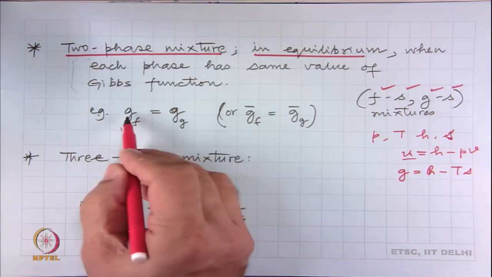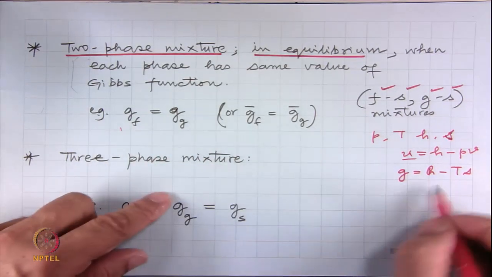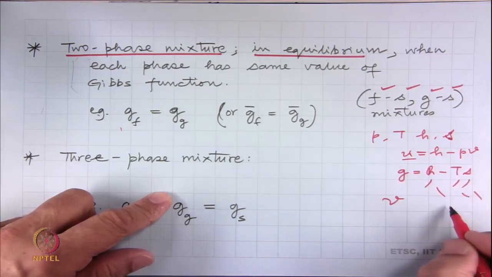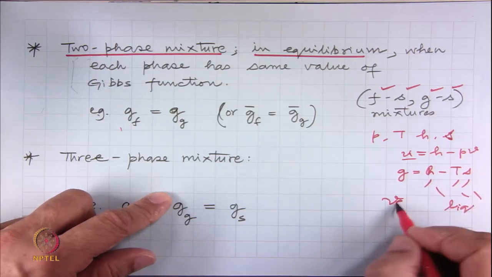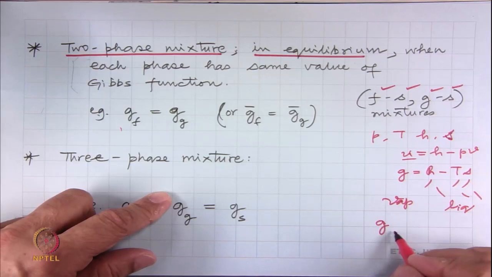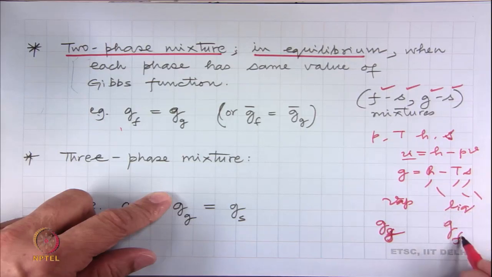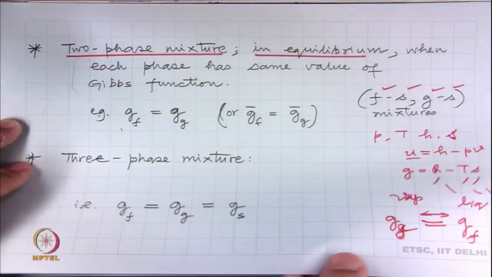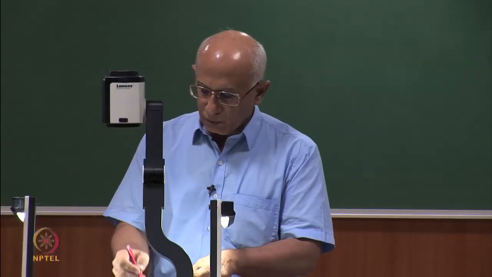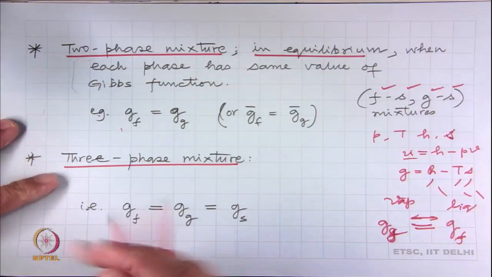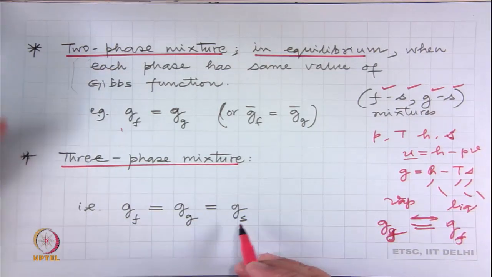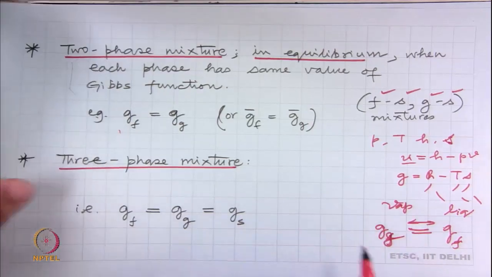So, what this is telling us is that if we take a saturated state and get these data from the table for the vapor phase and these data for the liquid phase, and do the calculation and get G_g for vapor and G_f for liquid, these two values will turn out to be equal. This we can verify for any substance. In three phases, this logic gets extended, and the only way you can have equilibrium is G_f equal to G_g equal to G_s. Again, you can look up the property data and verify this for yourself.